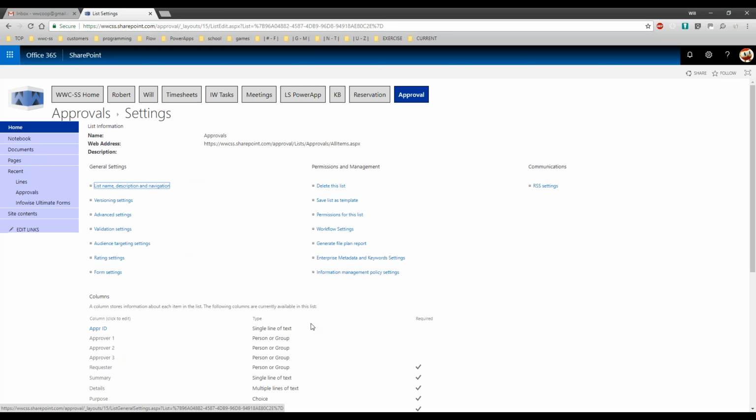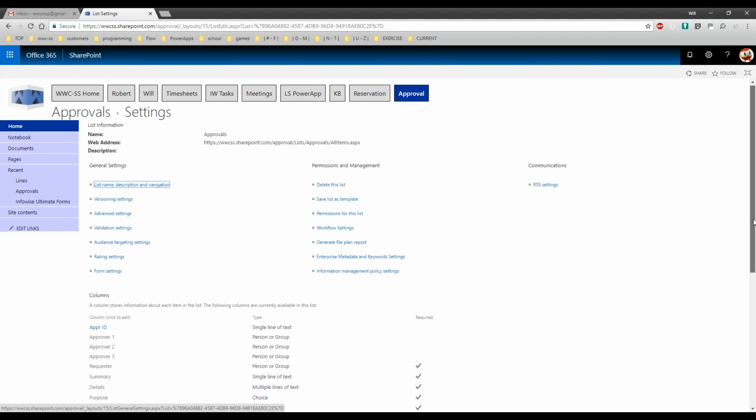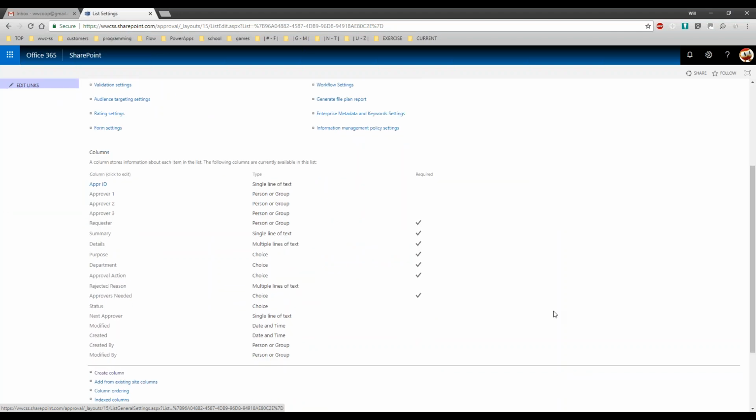All right, so how are they going to do approvals? Now, this is an interesting one. I'm sure for most of you, you have spent time using the Infowise signature field, and I'm actually not going to do it in the system. It doesn't mean that you couldn't do it as part of the system. I'm just showing you an alternative approach. So don't gasp when I do what I'm getting ready to do,